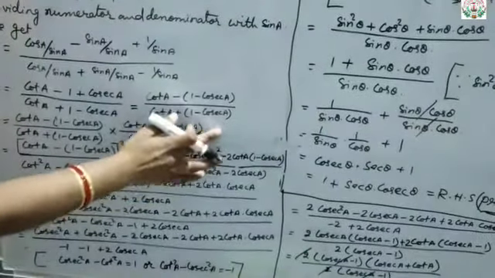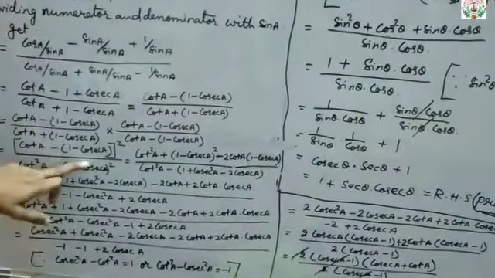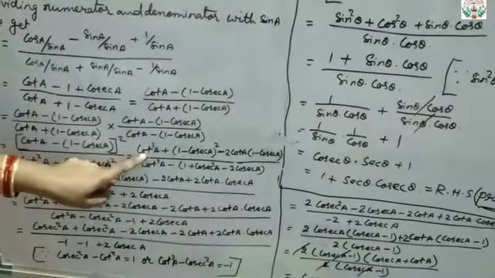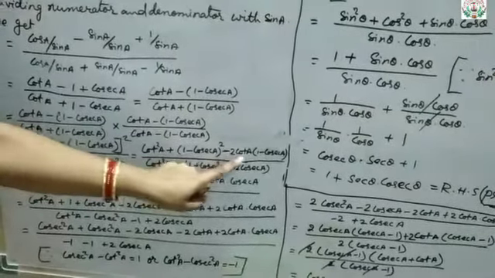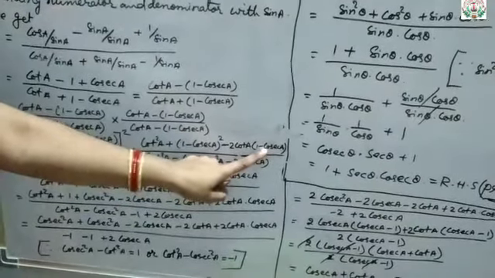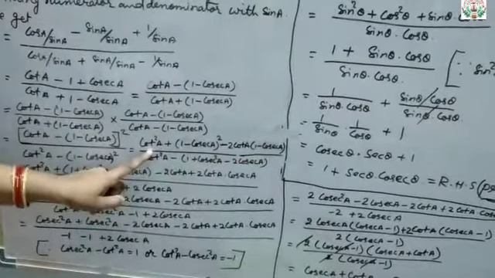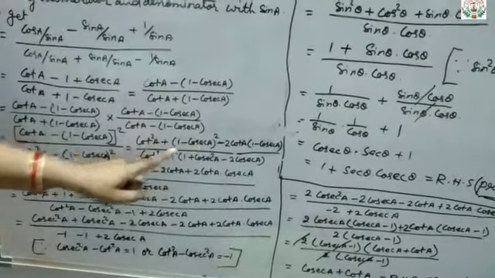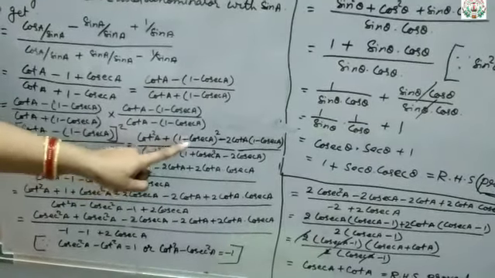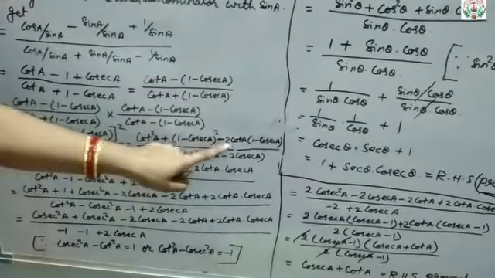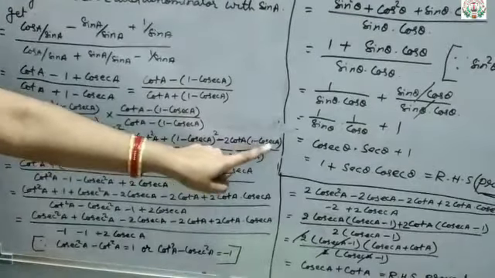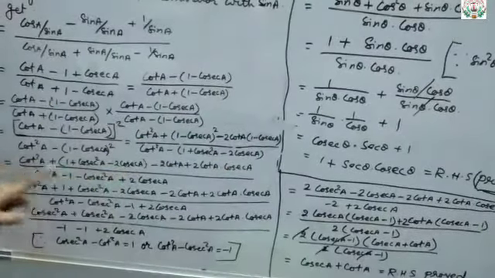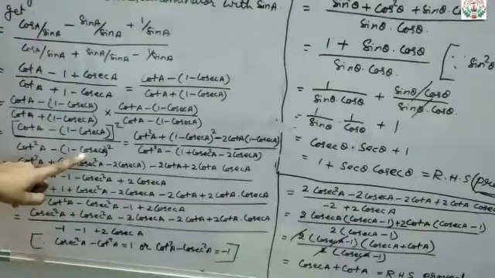Okay. So after that we will see what? Now open the A minus B whole square formula, put it, that is A square plus B square minus 2 into A into B. Okay, so here in place of A, cot A is there, and in place of B, 1 minus cosec A. Okay, so it will be cot square A plus 1 minus cosec A whole square minus 2 into cot A into 1 minus cosec A. So this is A, this is B. Okay, clear? And denominator is what? A square minus B square. So what it will be?